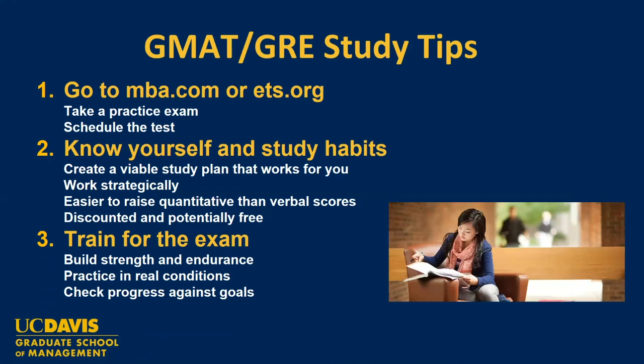Or you may be the kind of person who really wants to dive in deep, so you set aside 4 or 5 hours on Saturday afternoon and say, this is where I'm going to spend my time prepping for my test. A couple of other things to think about is,